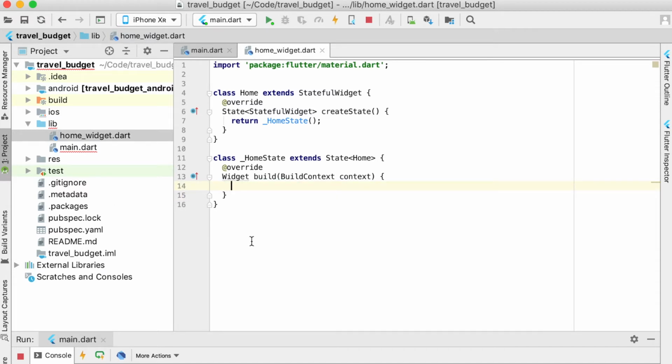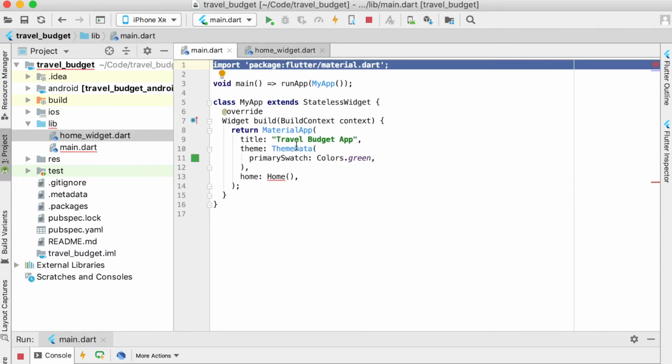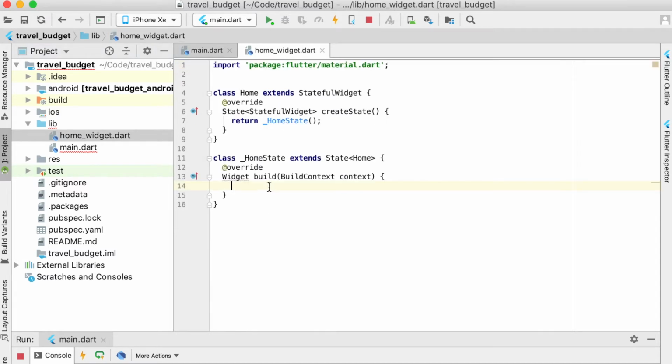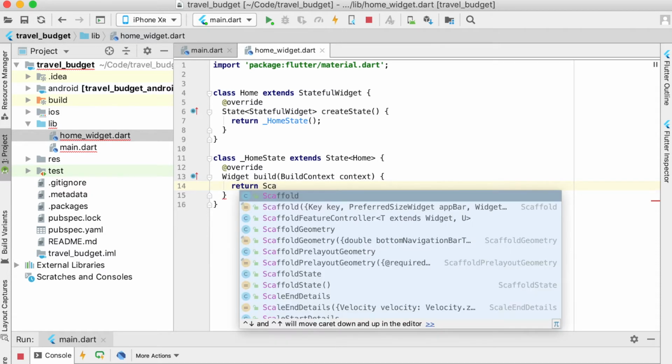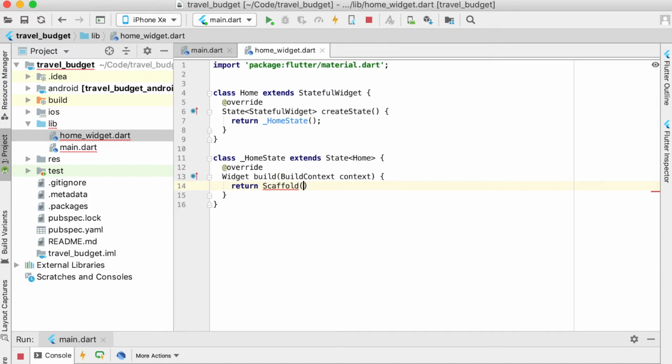For this, we want to return a scaffold. The reason for this is because this home class is going to be our whole scaffold for our app. So before, when we started up, the scaffold was being built and called from main. Now our scaffold is going to be called from this home widget. So let's return our scaffold,